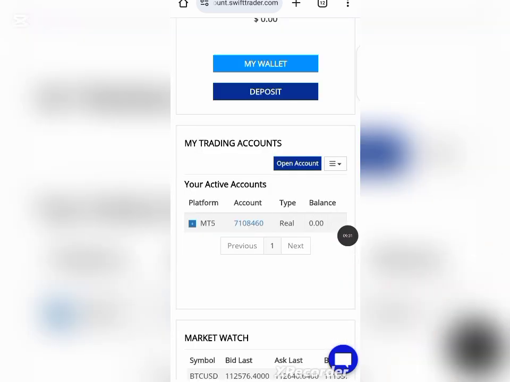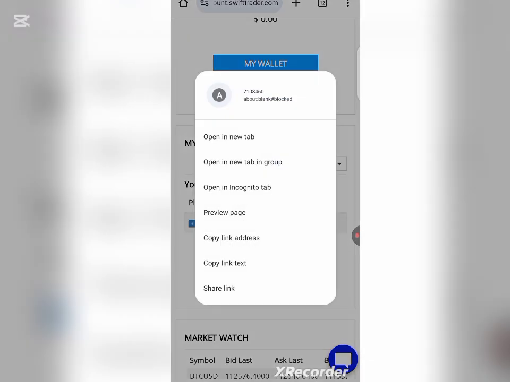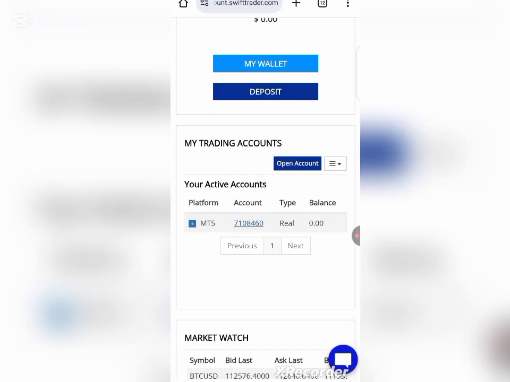So as you can see now, our account is now active, and the platform that you'll be using to trade your free $50 no deposit bonus is your MetaTrader 5 app, and our balance is still zero. So now the next thing for you to do is for you to copy your account ID. All right, so copy your account ID. And I want you to note that the account type is real account. Make sure that you select a real account, alright? Don't go and make a mistake of selecting a demo.